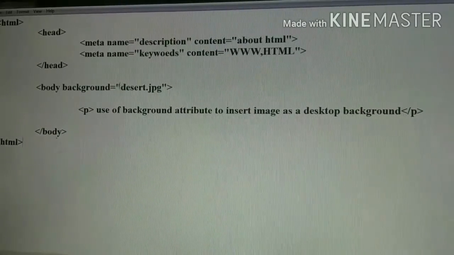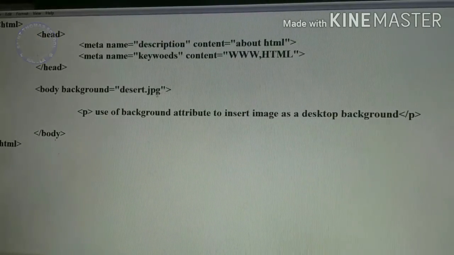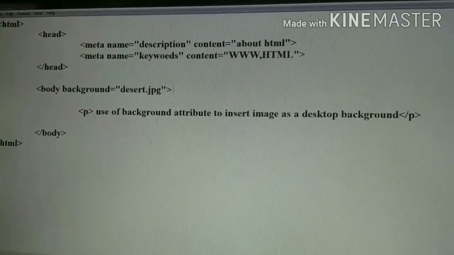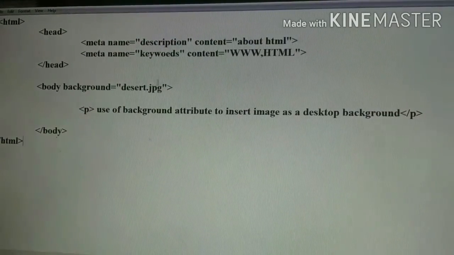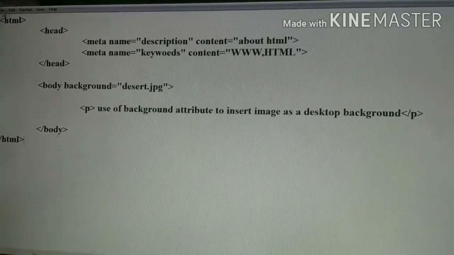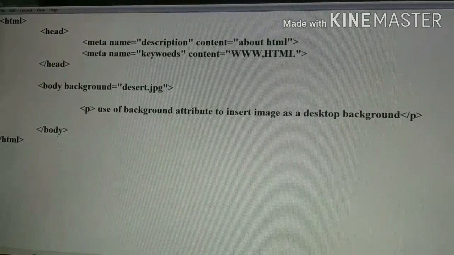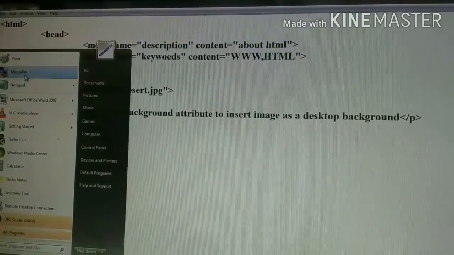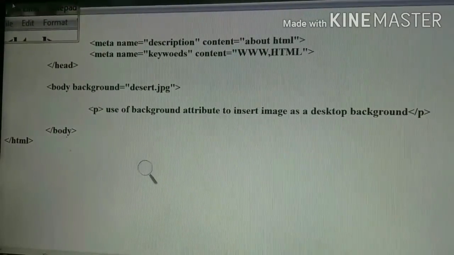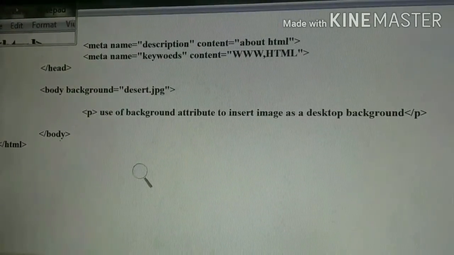And here I have not written any path because both of my files are stored at the same location, and that concept we already discussed: if the files are stored at the same location, there is no need to change or describe the full path. So now the file is already saved, and here you can see the file name, that is background image .html. With .html that file is saved.